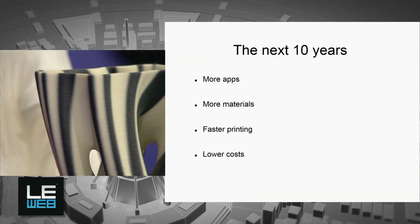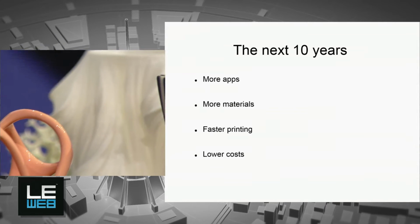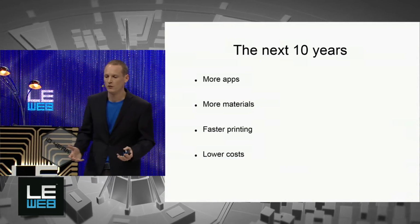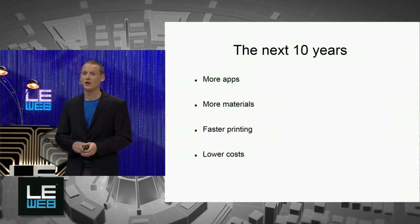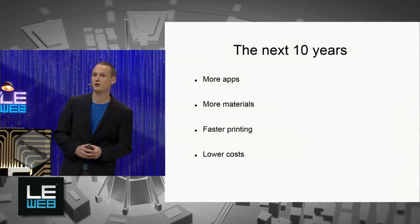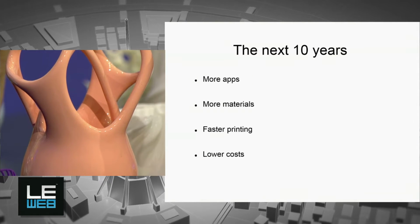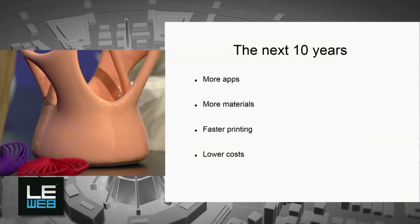Over the next 10 years, I expect we'll see a lot more apps, whether mobile, desktop, or on the web. And this will allow everyone to create cool stuff. We will see a lot more materials. Like I said, the new technology is multi-material, so this will allow you to create transparent and opaque objects, add flexible components within one object, and